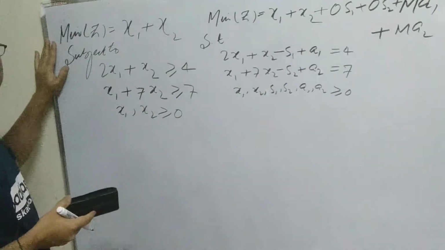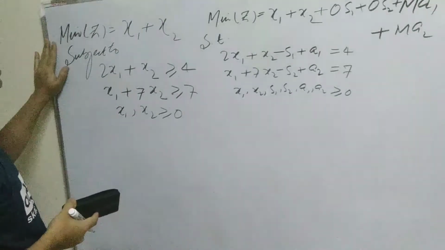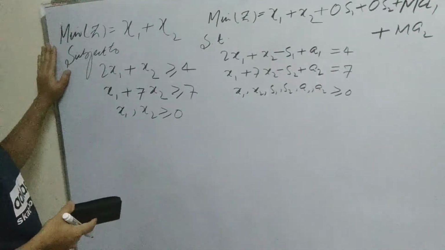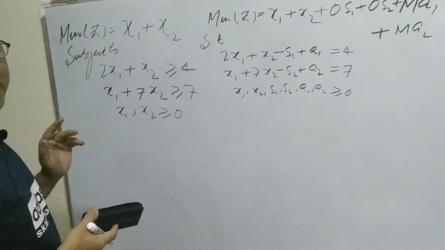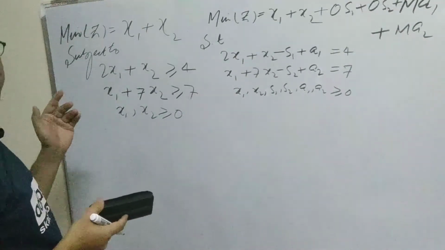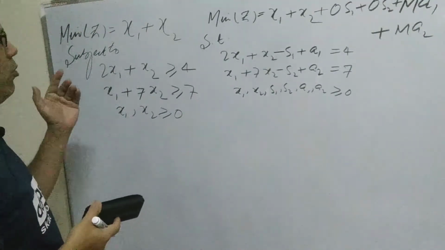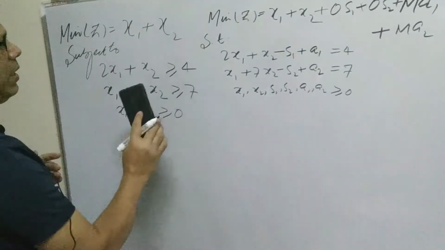Now because these questions have been given in the form of minimization, and in general if you are going to solve minimization types of questions, if the objective function is given in this form, then these types of questions are generally solved by applying either the big M method or the two-phase method. There are some other methods we could apply, but these two methods are very simple and general methods to solve minimization types of problems. And now we will see how to proceed.